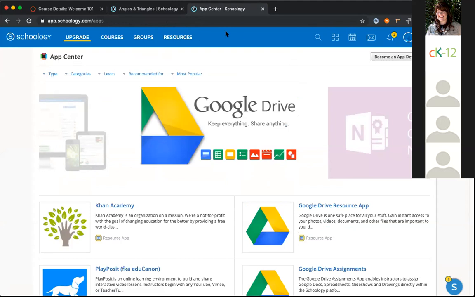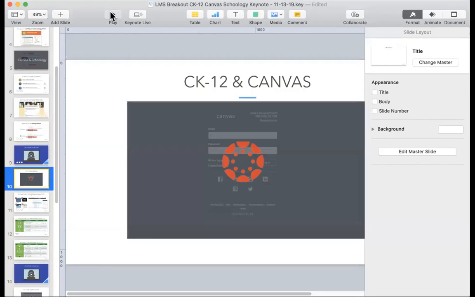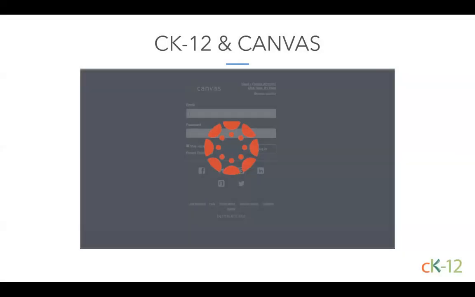Okay, excellent. I'm going to take the screen back here, and I want to quickly do a review for you on the types of things that you can assign within these LMSs. Let's talk about Canvas.